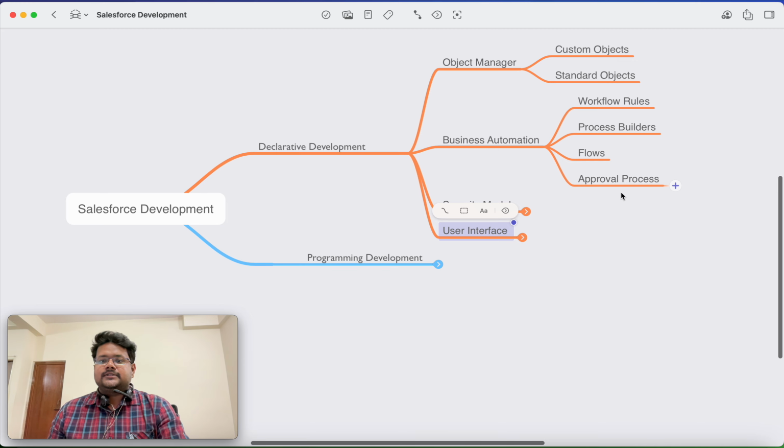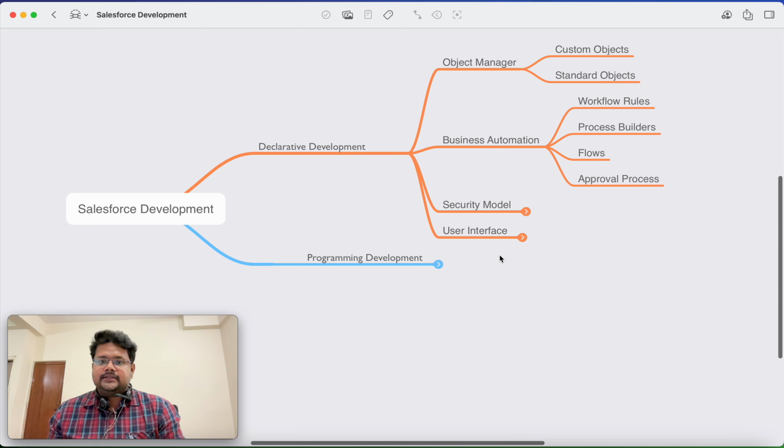Now what are approval processes? Approval processes are the processes which allow you to get permission for something. Let's say you want to take approval from your seniors in the project or in your actual assignments, or even the sales representatives have to take their approval from the sales manager. Such approvals can be automated with the help of approval process, and a Salesforce admin or a developer can create an approval process which can help the organization to take the approvals. Okay, now